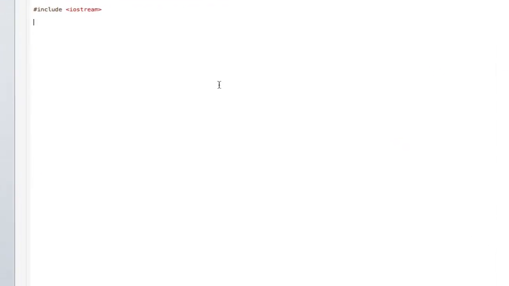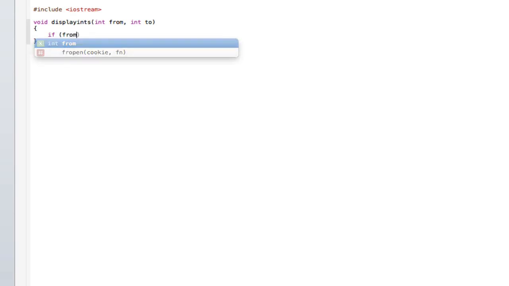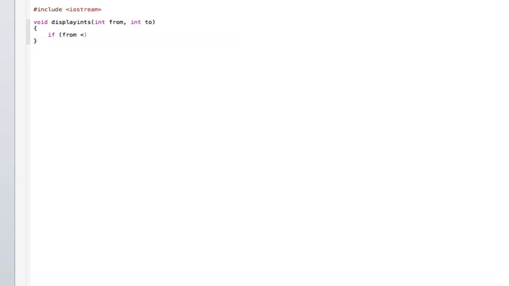Okay, the first thing I'll do is type void display int, and then your parentheses, int from, int 2, and then you can say if from is greater or smaller than 2, display ints, and then from, say +1 if you want to, and then just 2, put a semicolon there, and